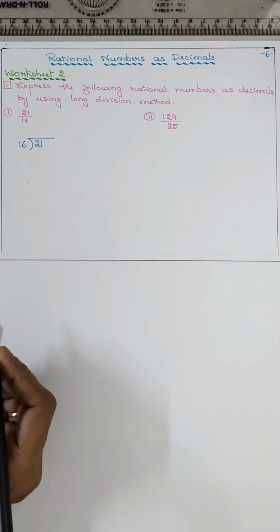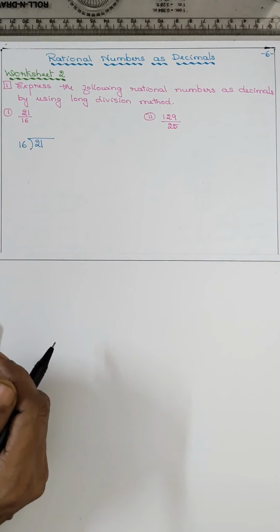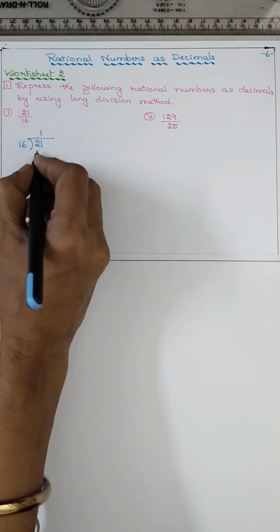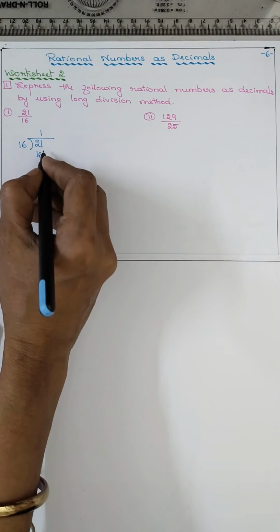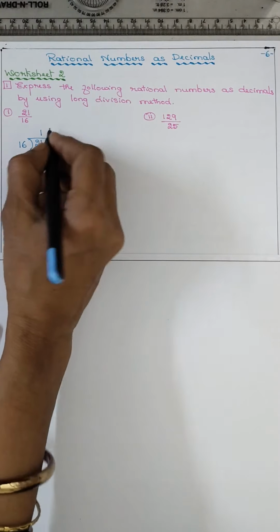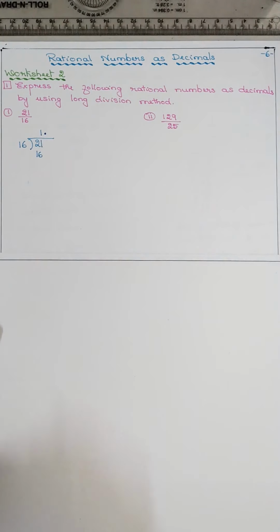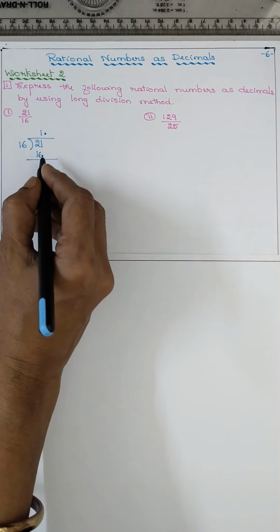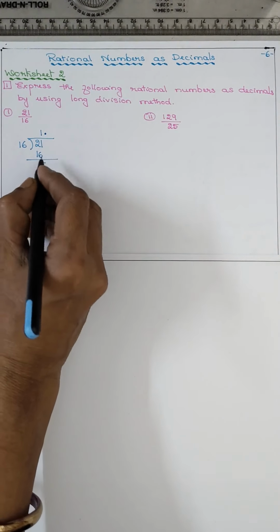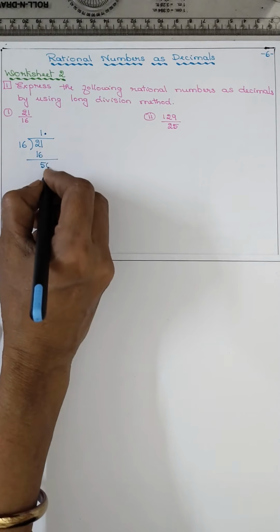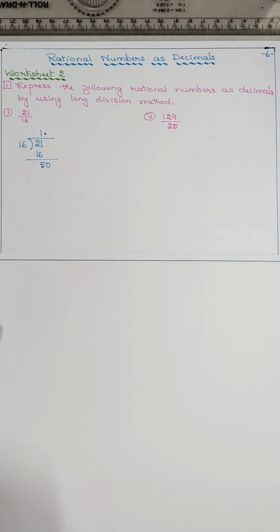16 how much is 21? This is ordinary division. Okay. 16 ones are 16. Now you finish the digits whatever it is given, so immediately put the decimal. 11 minus 6, it is 5. 1 minus 1, 0. Take extra 0. If you are not getting the remainder 0, you have to put the decimal place and take extra 0. This you have learnt in 5th standard decimal lesson, isn't it?